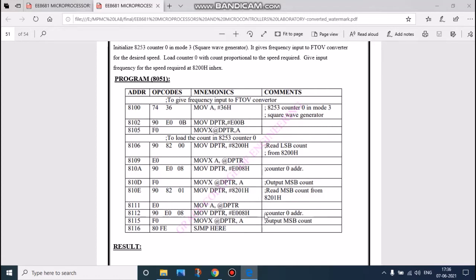Then we move the accumulator to data pointer value, then read the MSB count to data pointer value. After this the counter value varies, and we can short jump here, to this line only. Again and again this program is executing, so the program stops.